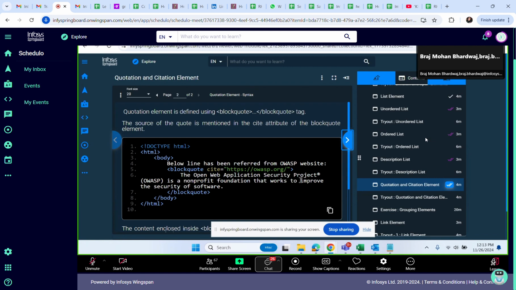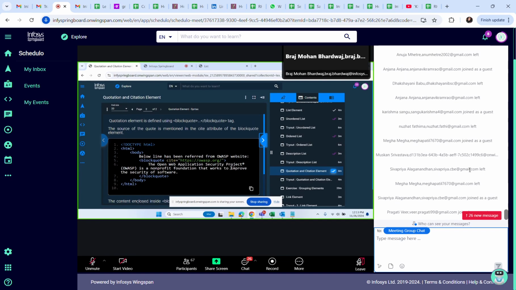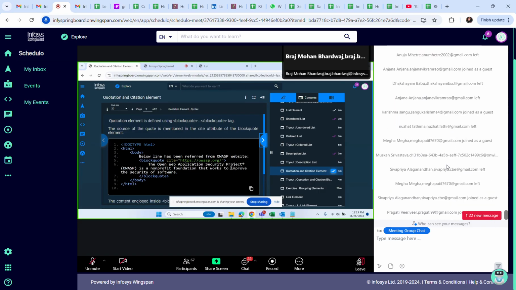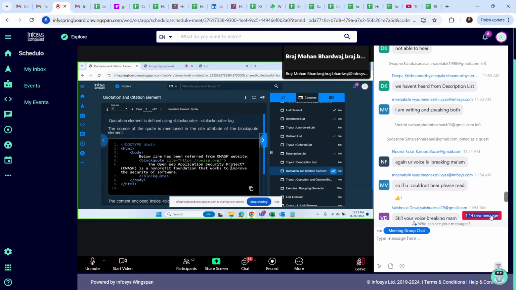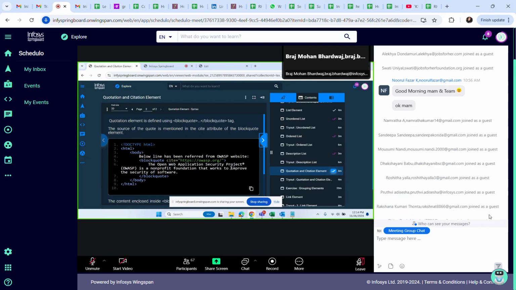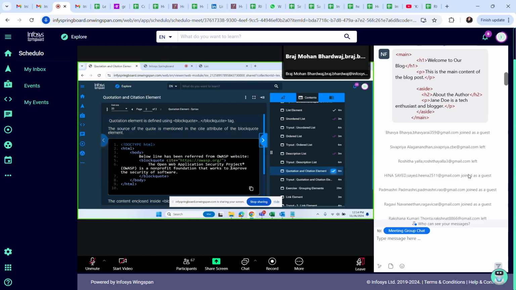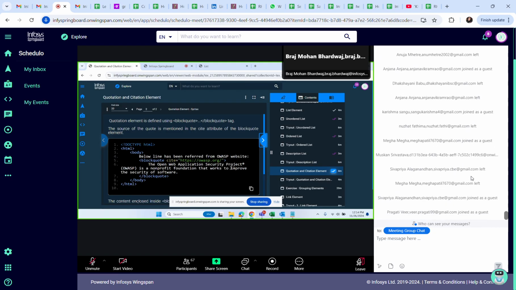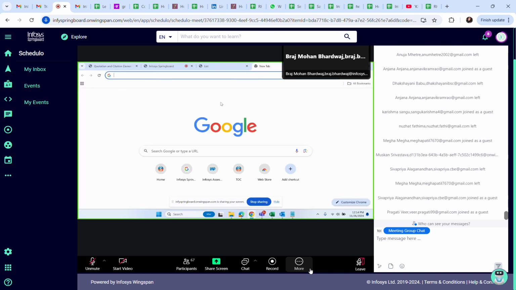You might have seen it somewhere, like, let's say Wikipedia. If you open a Wikipedia page, there you will find a lot of facts about a personality or any movies or anything. Then below you will find some citations as well, saying that this person has won this award. That gives proof that this information is taken from the so-and-so source. So let me open a Wikipedia page for you.